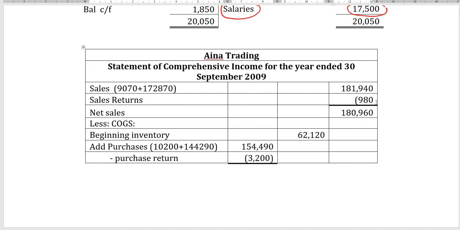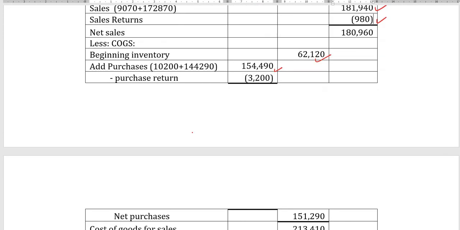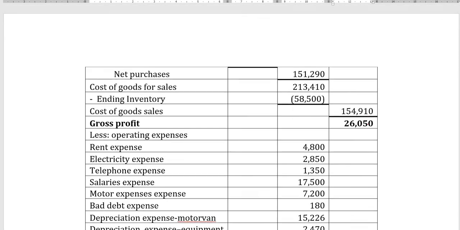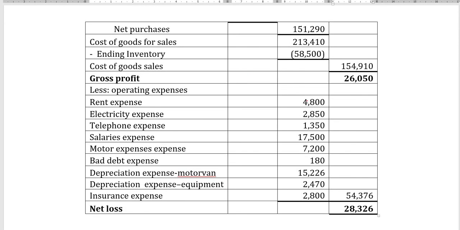Okay, alright, so untuk income statement, comprehensive income statement, okay, you have your sales, yang ni campur tadi, Madam dah tunjuk, minus your sales return. This is in your additional information. So kita ada beginning inventory, and then kita ada purchase. Okay, you minus with your purchase returns, and then kita minus dengan ending inventory, kita dapat COGS lah. Okay, for your expenses, your rent is taken out straight from your cash book. Okay, electricity,